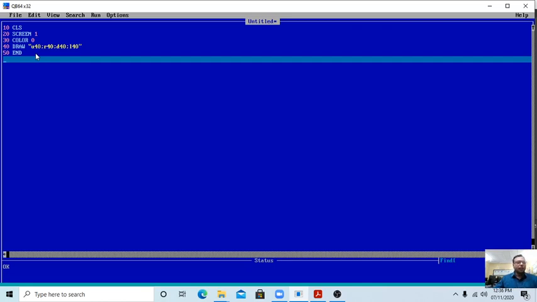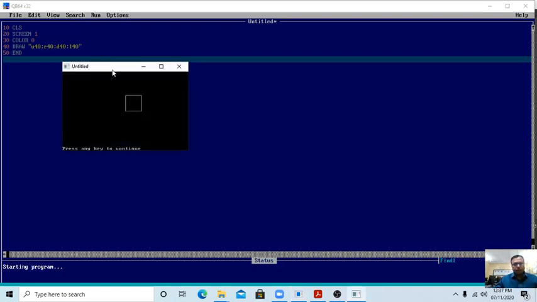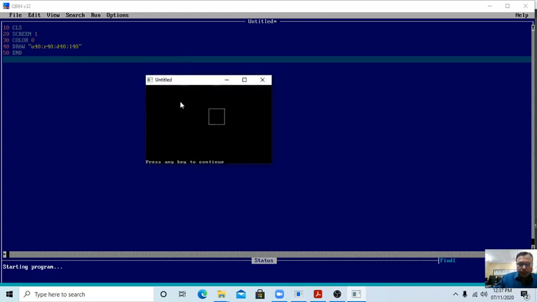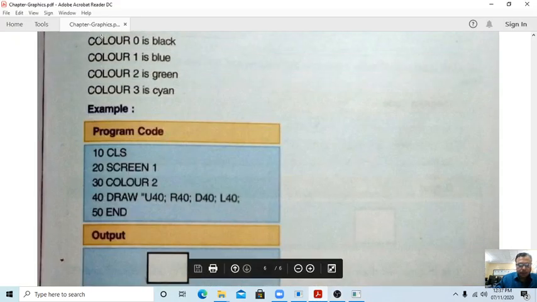Now what will we see as the answer, students? Run, start. This is color 0 we have selected, so everyone can see color 0. Color 0 is black.